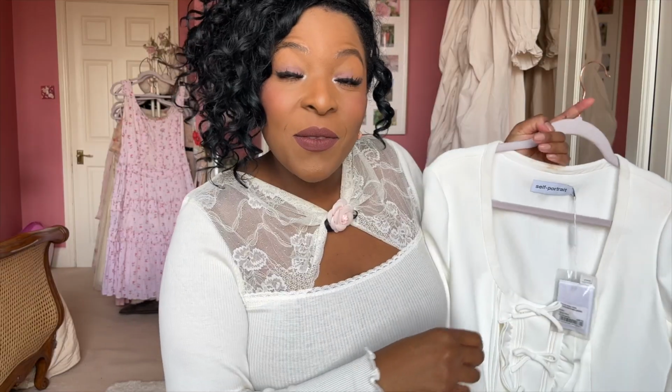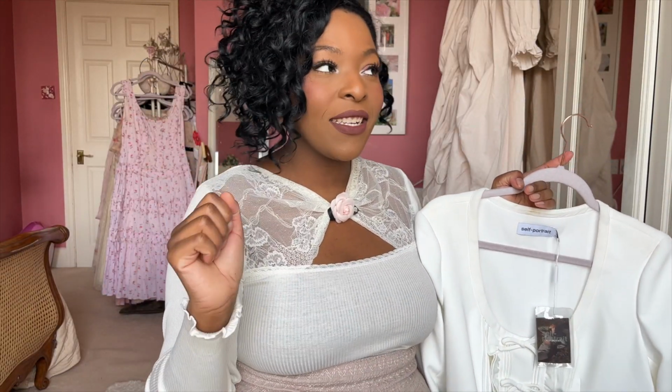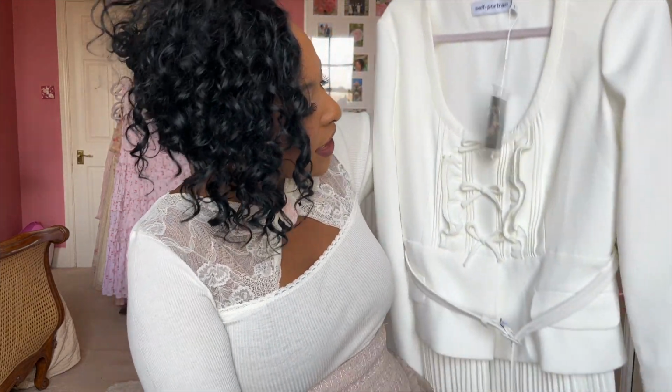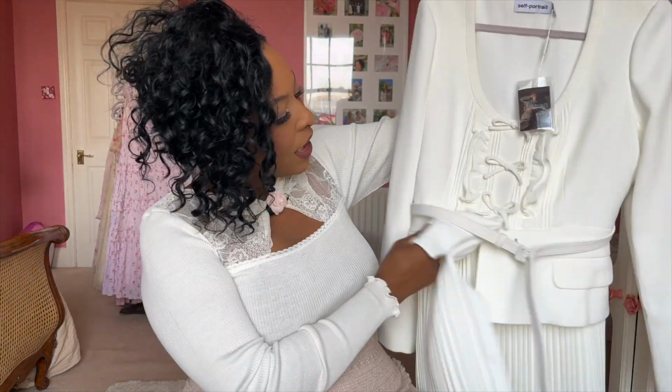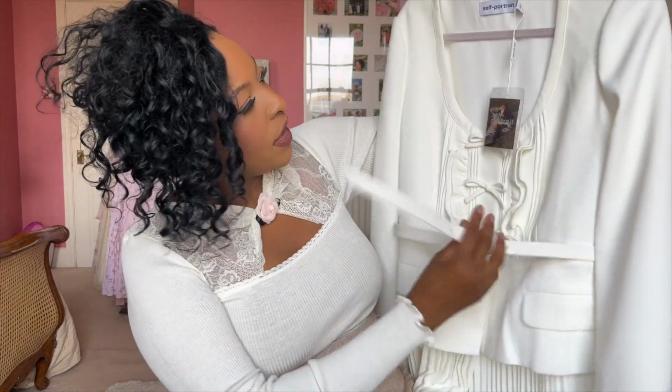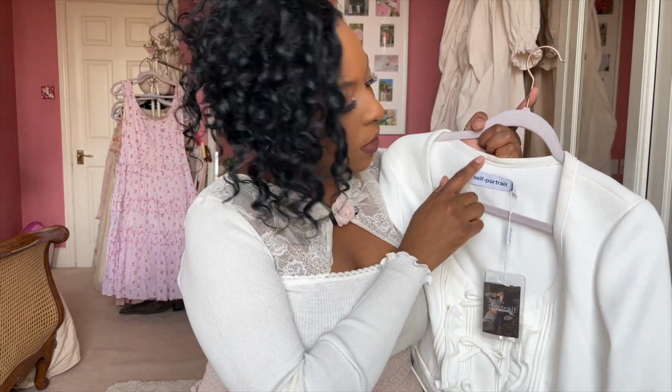So the next piece is from Self Portrait. Again, it was found in this incredible Harrods sale. My mom actually spotted this one and picked it out for me, and it's actually a dress, but what I love about it is that it looks like a jacket and a skirt, and it comes with this belt. Unfortunately, this was the last one they had, so it already had a bit of makeup on,